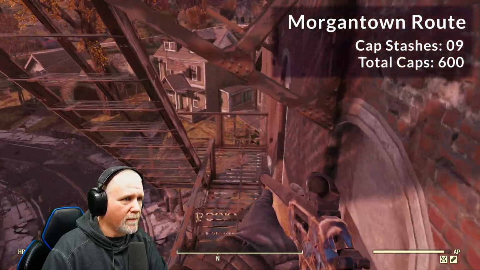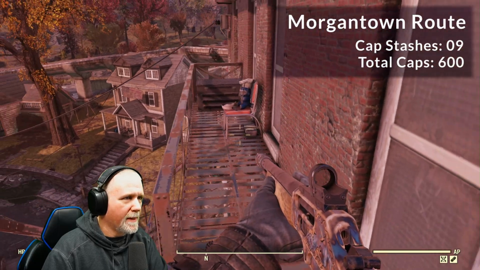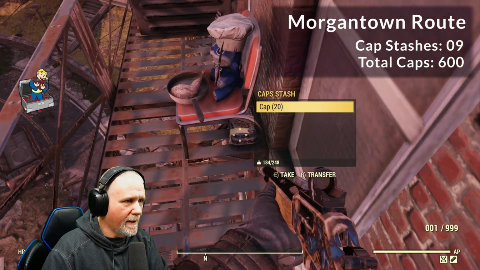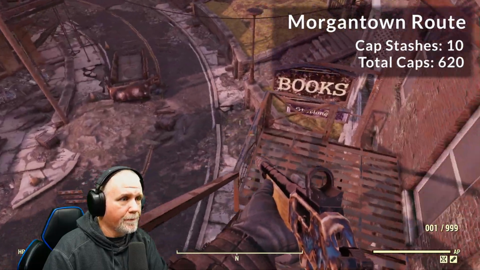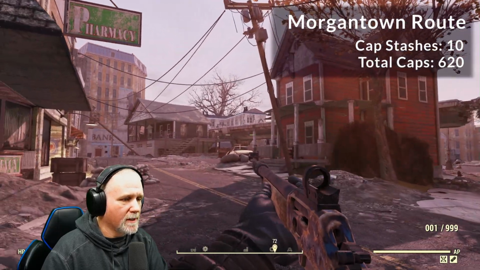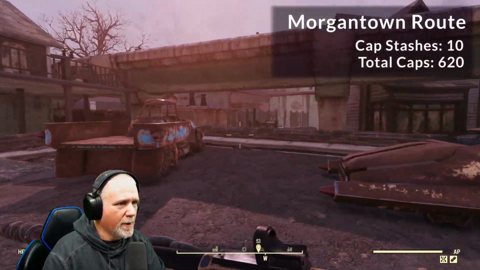And we'll climb up the fire escape again. Lots of fire escapes in this one. And then underneath that chair with the plushie on it, go ahead and grab the cap stash there. And then we want to get back down to the ground floor. And then we're going to turn to our southwest, back towards that bar, but this time we're going to go